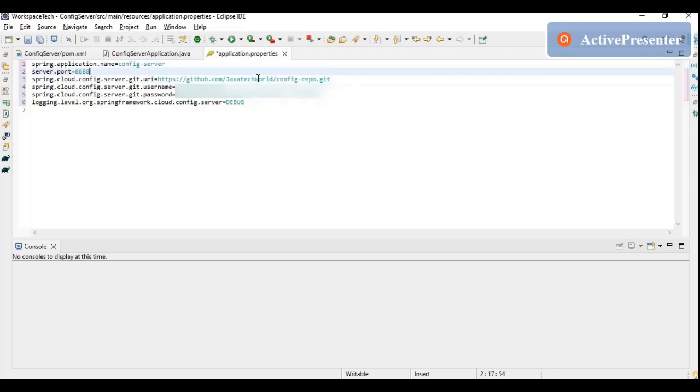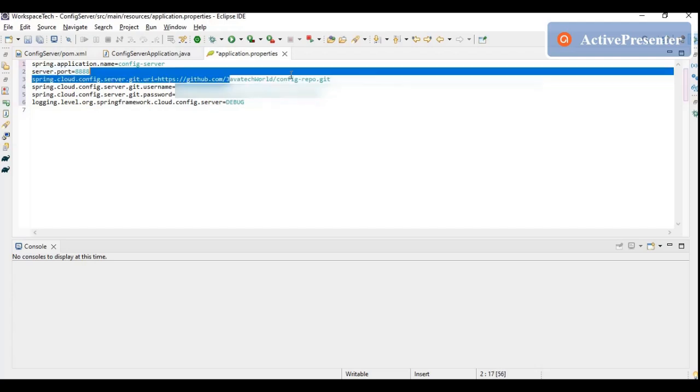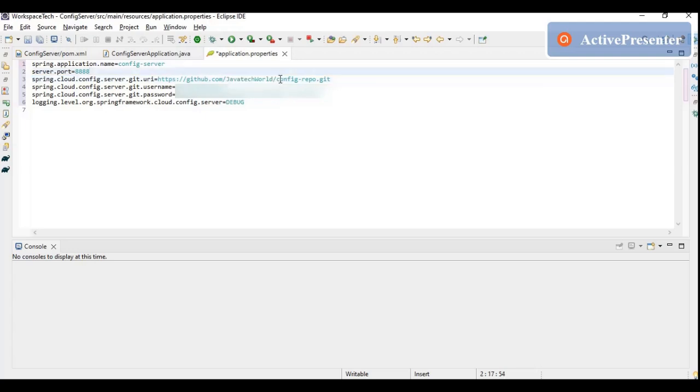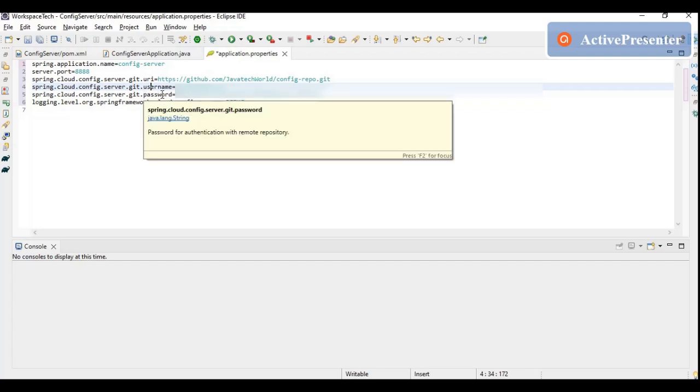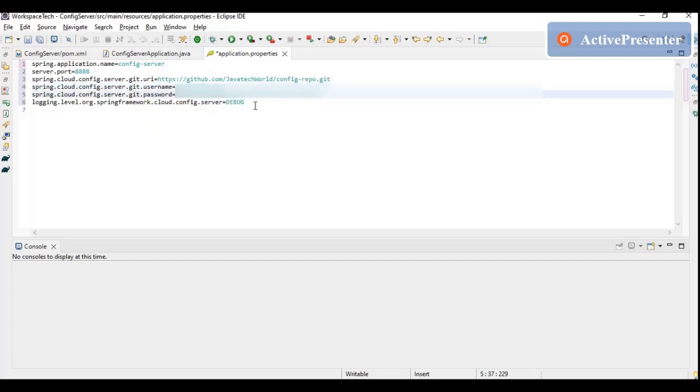If you go by the URI, you can see that this is my username and this is my repository name, config-repo.git, right? Then I have to give my git username, that is my username, and then I also have to give the git password, right?